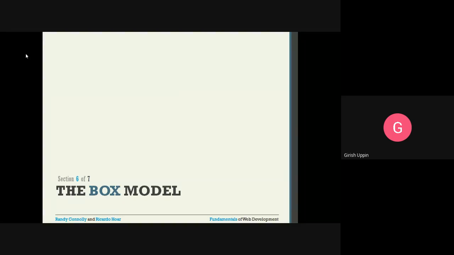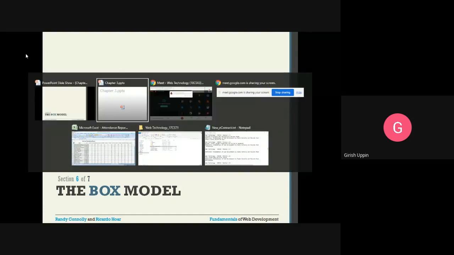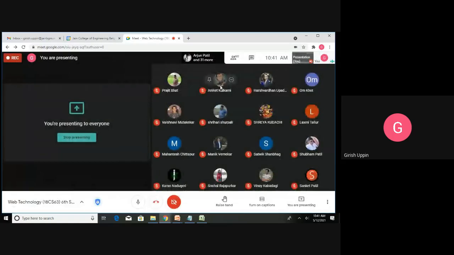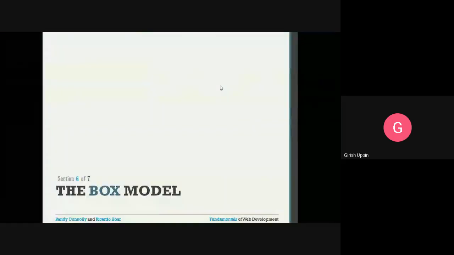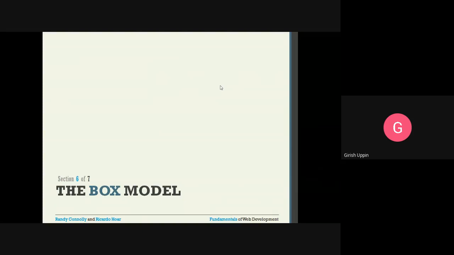And the next one is the location. Based on the location, if inheritance and specificity do not resolve the conflict, then comes the location. Based on the location of the styling, it will override the previous styles.